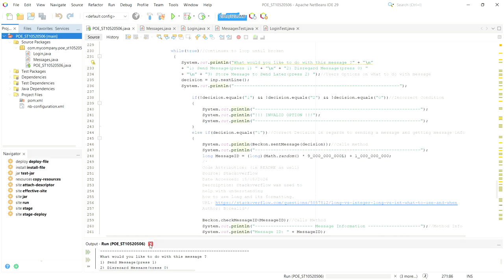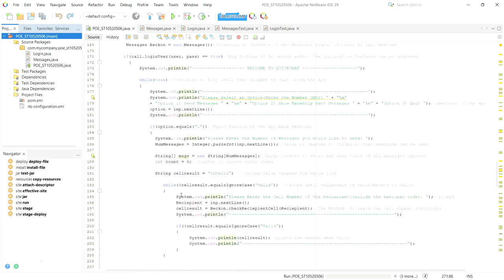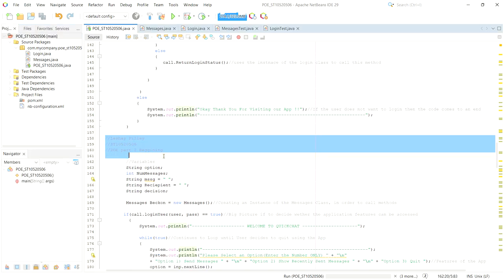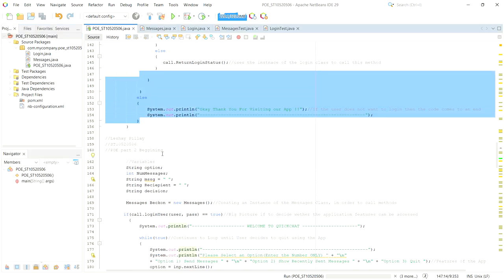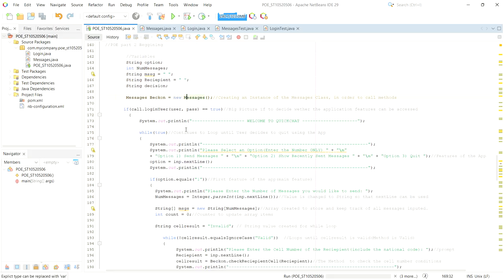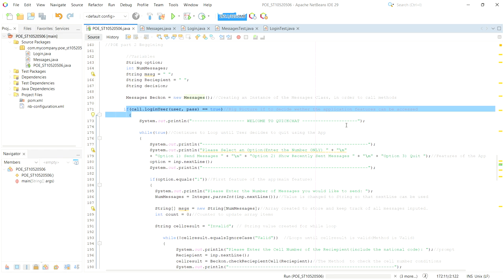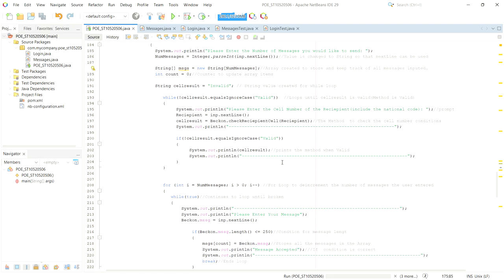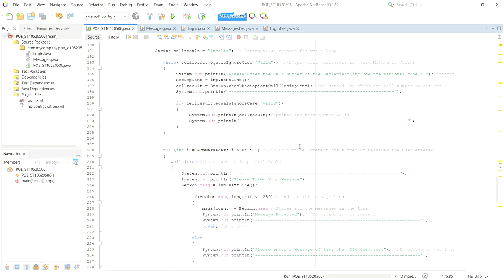As you can see, here we have my main class. And in the main class, this is where my part 2 begins. Before this is all part 1. And here we can just see all my variables, the main big picture of this, which allows the application to actually begin. Then we can see the features of the application here,